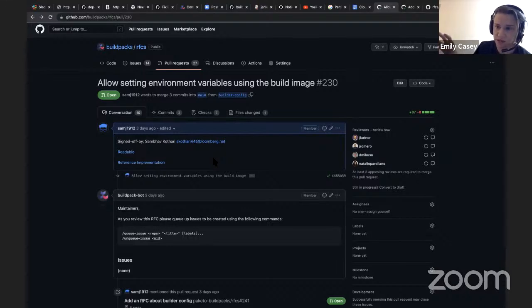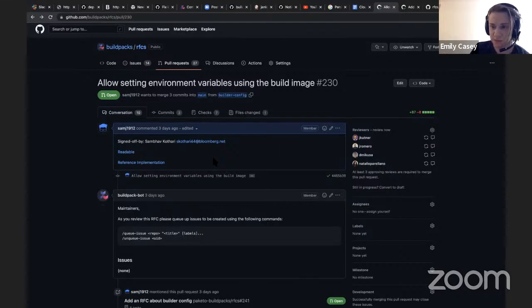But now imagine pack wants to always set X number of pack environment variables. Right now it either merges them into user, but you don't know which ones at that point are really user versus really platform, or it's going to mount over build config and then you've lost your builder provided